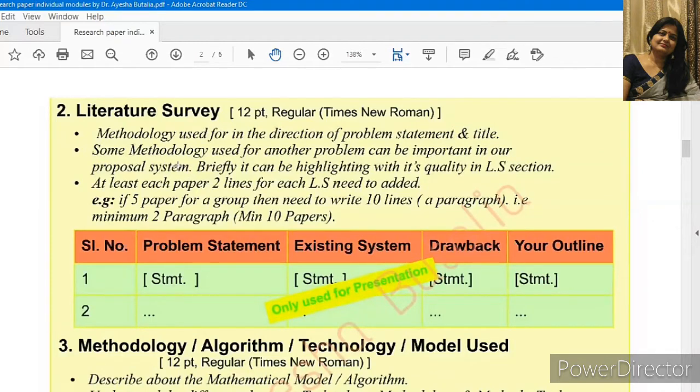Basically, it is to compare what research has already been done and what you are trying to propose, right? In every paper there is a conclusion. Sometimes limitations are also given, and even future scope. This is a very good idea, because immediately when you see the abstract, you can understand whether you have a scope in this particular paper.